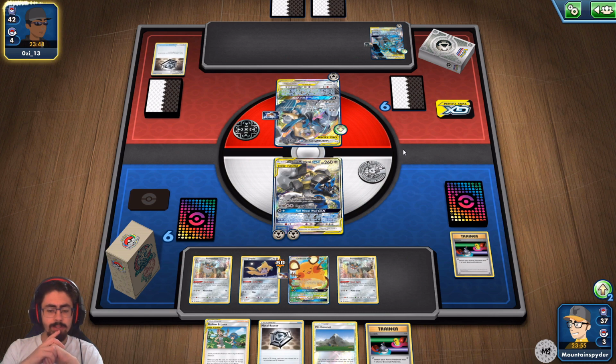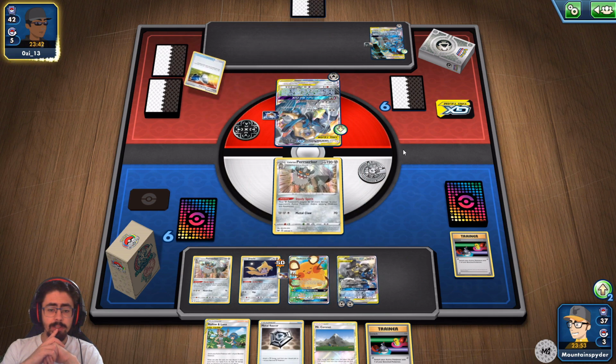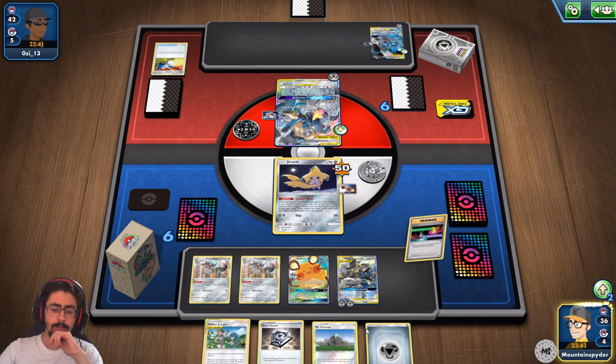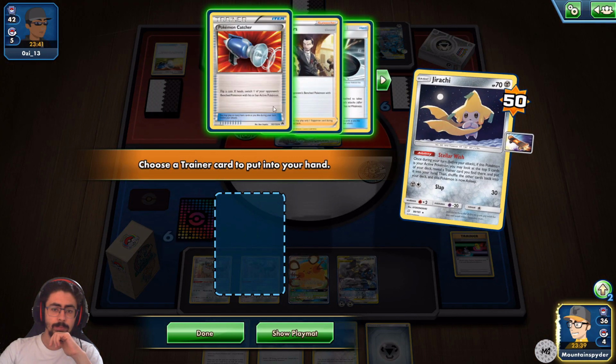Not having a draw this next turn hurts me. It hurts me a lot. Okay, I'm glad I have Switch, but that's still not a good thing. Ooh, I'm surprised they didn't want to hit the GX attack. I suppose they're waiting for me to pop mine. So let's go switch into Jirachi. Let's go Stellar Wish into...